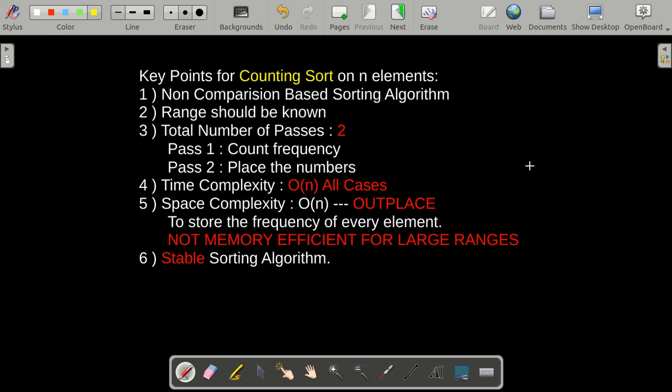Now when the range of the elements becomes very high, this sorting algorithm does not remain efficient when it comes to memory. And the last point is that it is a stable sorting algorithm, which means that the order of the same numbers does not change even after sorting.